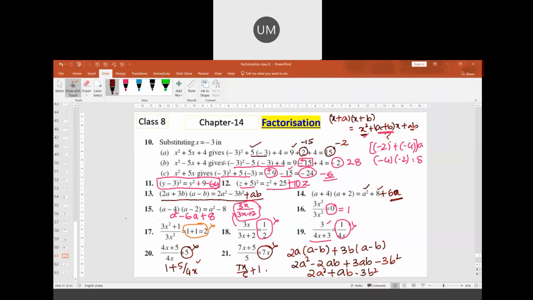Chapter is finished as per the textbook. But you will find very different and difficult questions in the exemplar. I have brought exemplar questions also. Let me show you. There are so many questions. More than 100 questions are there. And all those questions are very different. Let me show that.